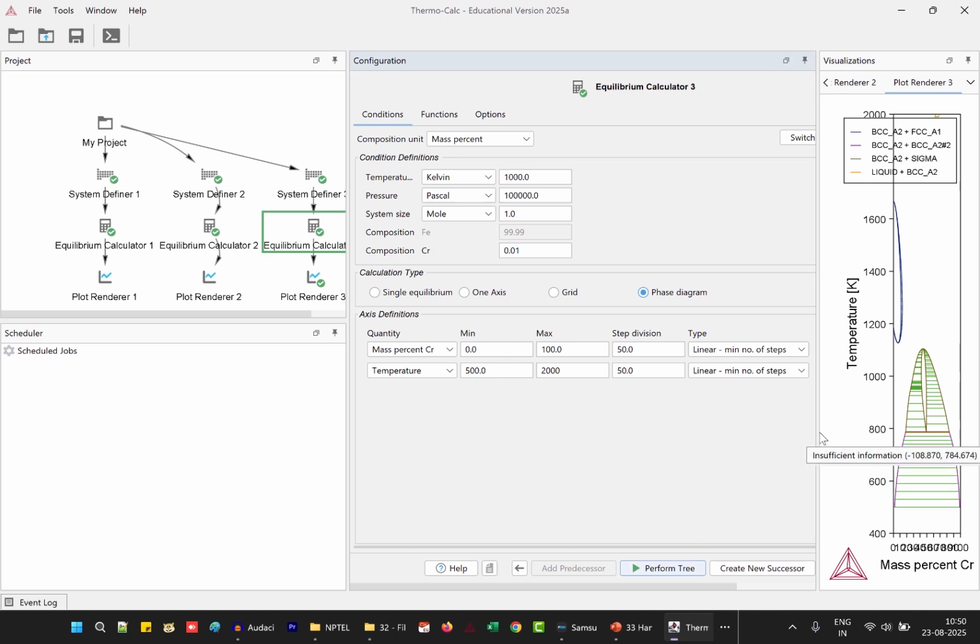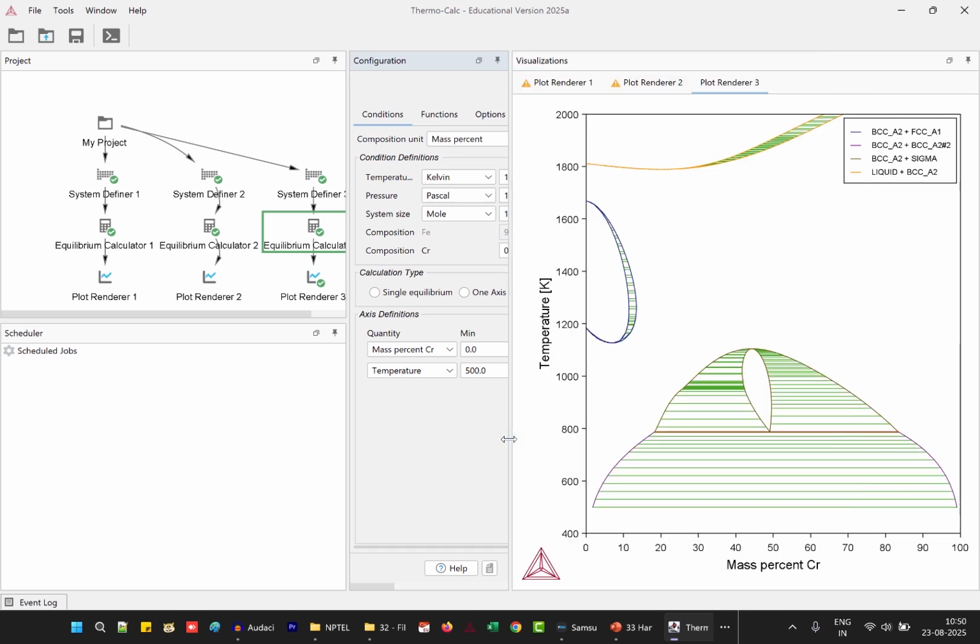Right, the familiar Fe-Cr diagram is here.